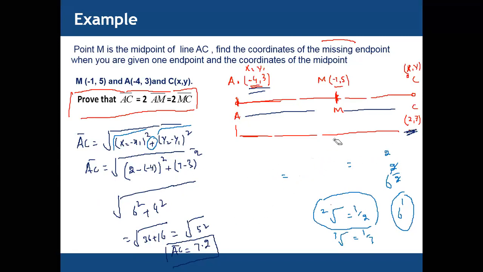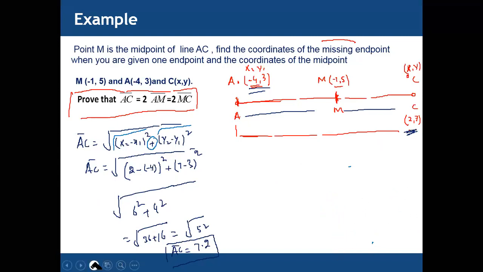Now, the distance of AM. Okay, so the AM distance uses the same distance formula, but with these coordinates: x1, y1 is -4, 3, and these are actually x2 and y2, the second point coordinates. So x2 minus 1 minus